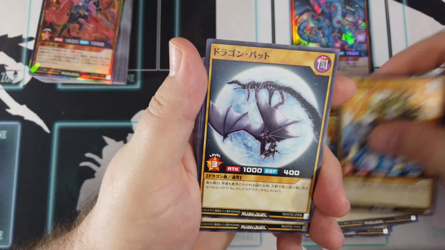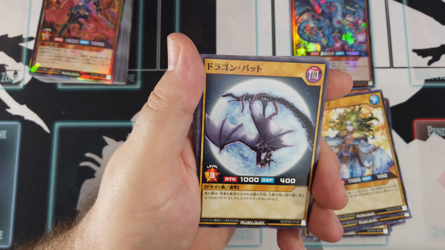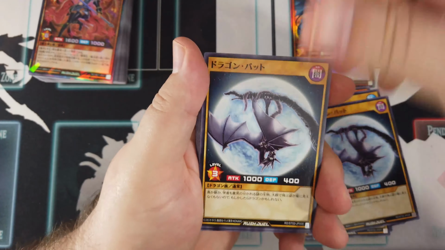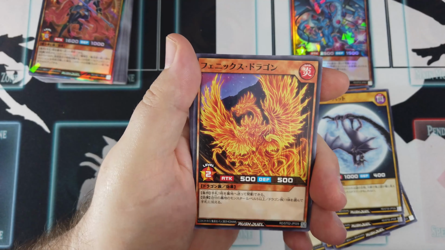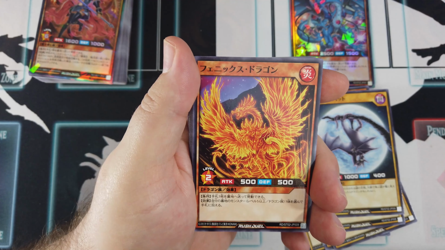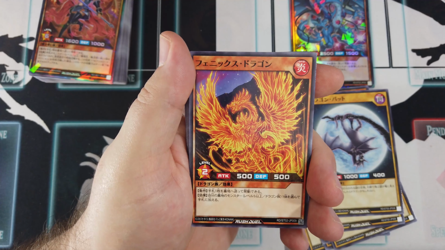1, 2, 3. Then Dragon Bat. There's a lot of dragons involved here. 1, 2, 3. Ooh, it's a foil. Phoenix Dragon. Of course it is. Of course it's a dragon. That's an effect monster, so it...